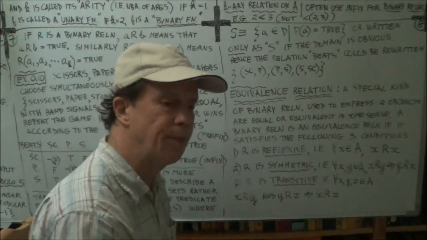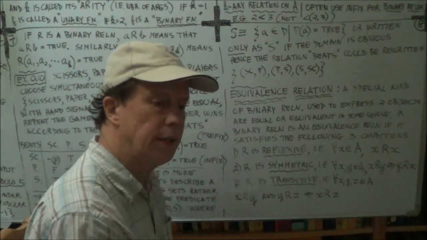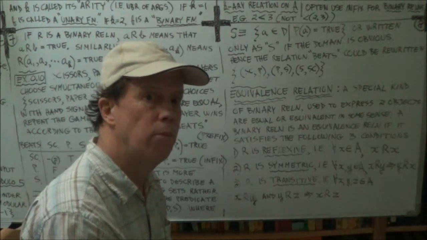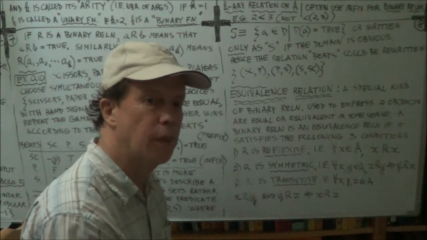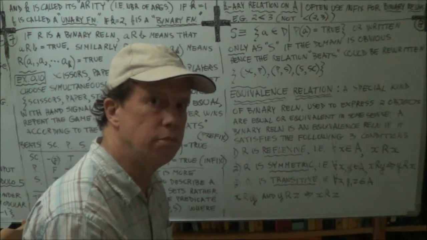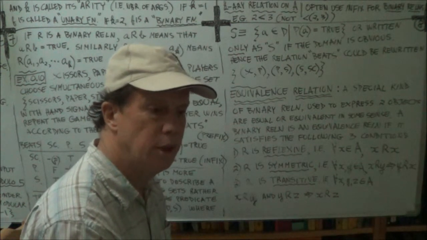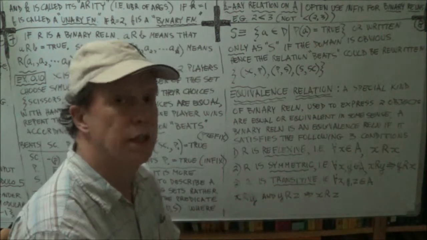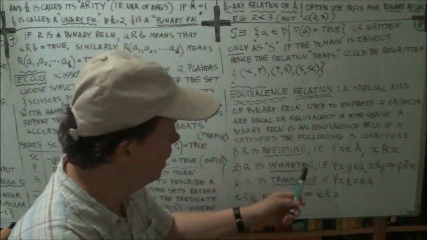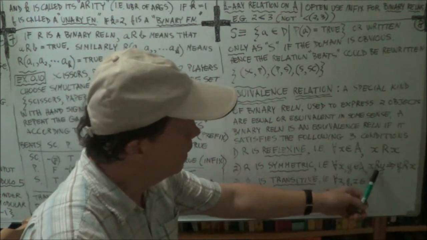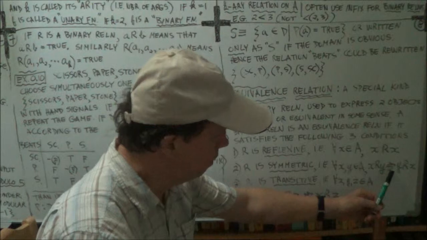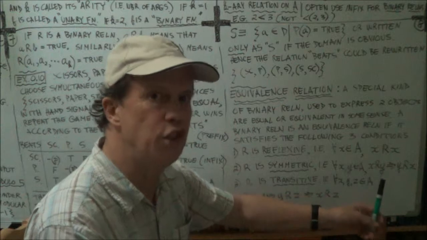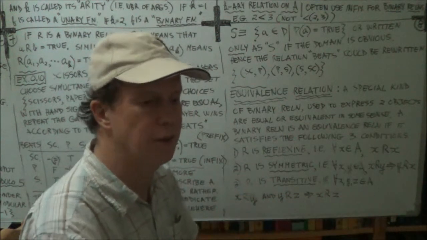How about older than? Is x older than x? No. It must be equal. So it's easy to find relations that are non-reflexive. Now how about symmetric? What does that mean? Well, it means if x R y is true, then, and this arrow means implied, that means you can deduce that, or it follows that, or therefore,